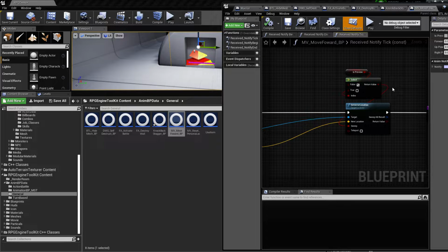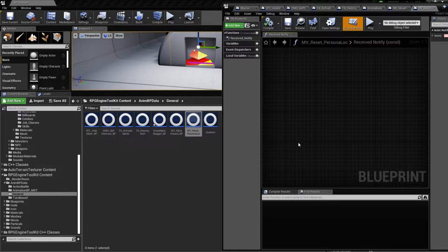Make sure that you turn the preview off when you're actually playing it in the game, so that way it can move your character forward with a sweep. Otherwise, you'll be able to move through a wall by accident or through a character. Along with that move forward, this is the